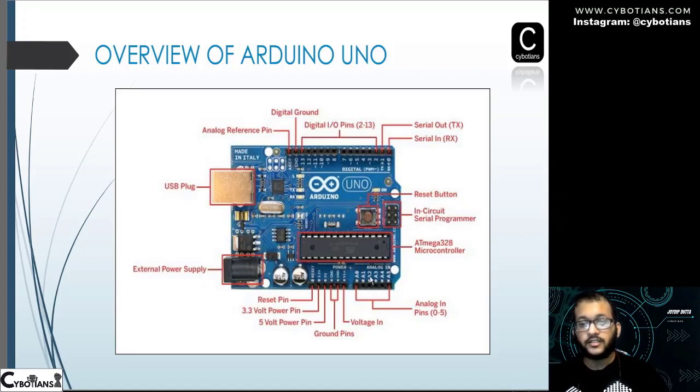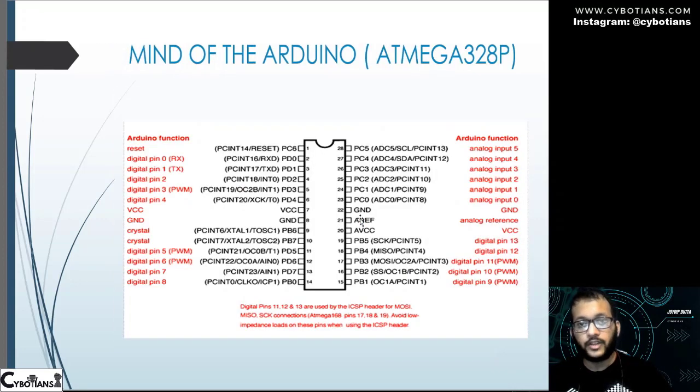These analog pins allow you to program the analog logic on this Arduino Uno board. And remember one thing, A4 and A5 allow you SCL and SDA programming also. If you want to do I2C programming, you can do this with this board. Now let's see the next section, where I am discussing the pin configuration.